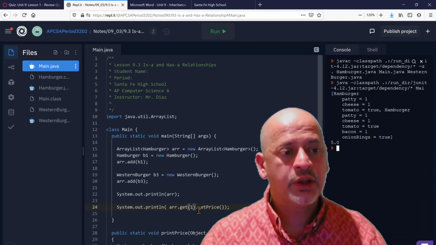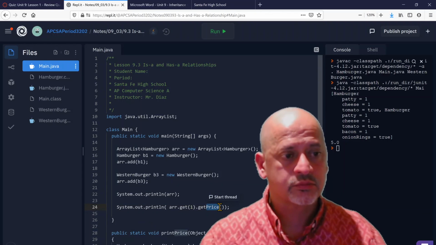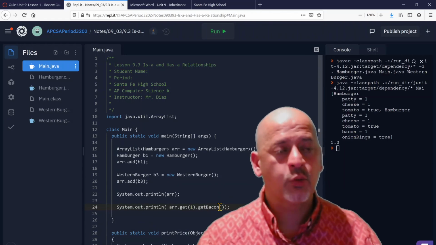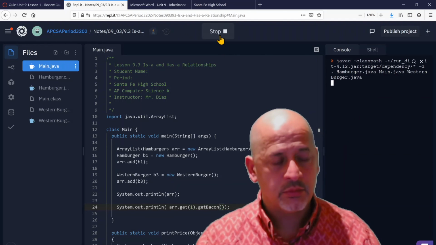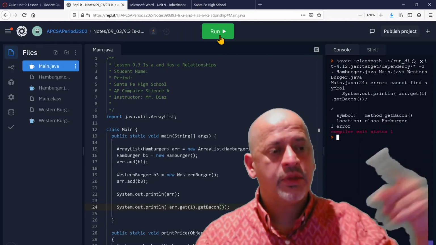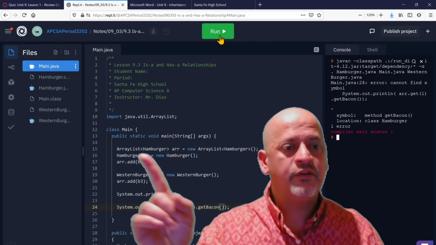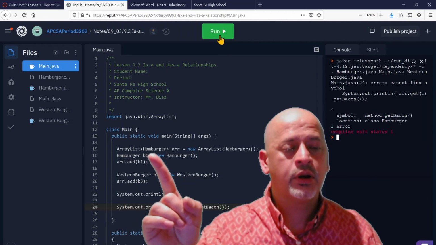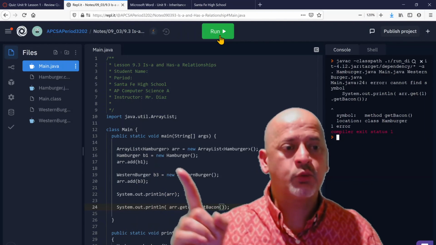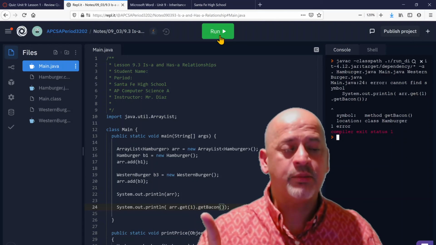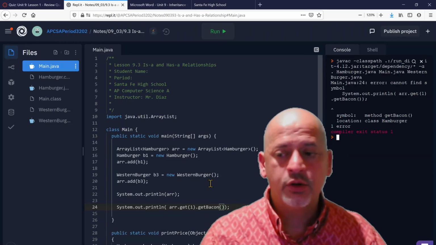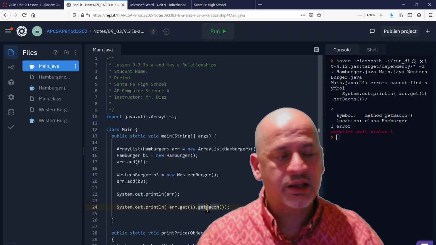If I want to print the slices of bacon for the Western burger, will that print? No. Because once you have an array list of hamburger, it's going to treat the Western burger as a hamburger, and the hamburger does not have a getBacon. Even though we can print the getPrice,